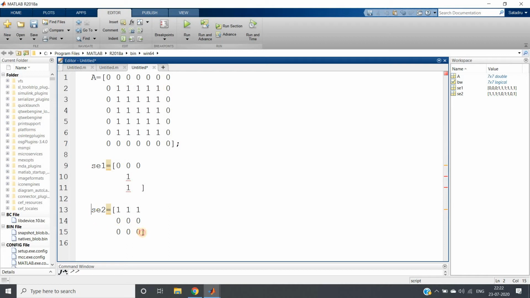And you can clearly understand what about the background pixel. See, the upper part is 1 and the lower part 0 0 0 does not matter. Actually, I will discuss what these zeros indicate. Let me just remove these zeros.